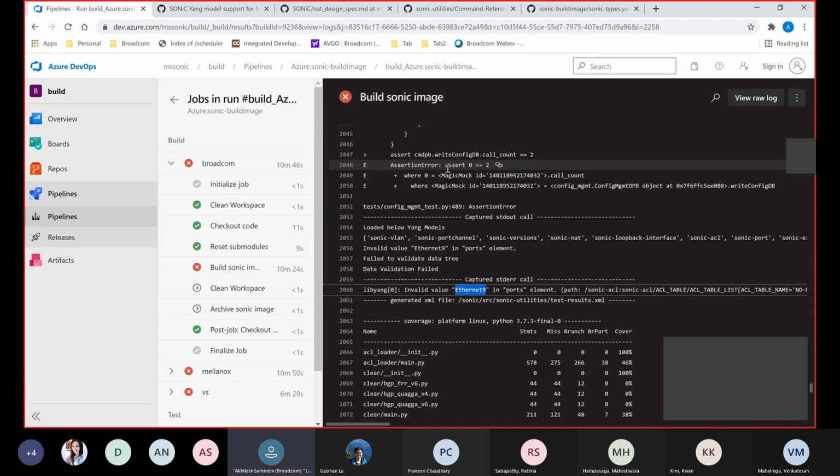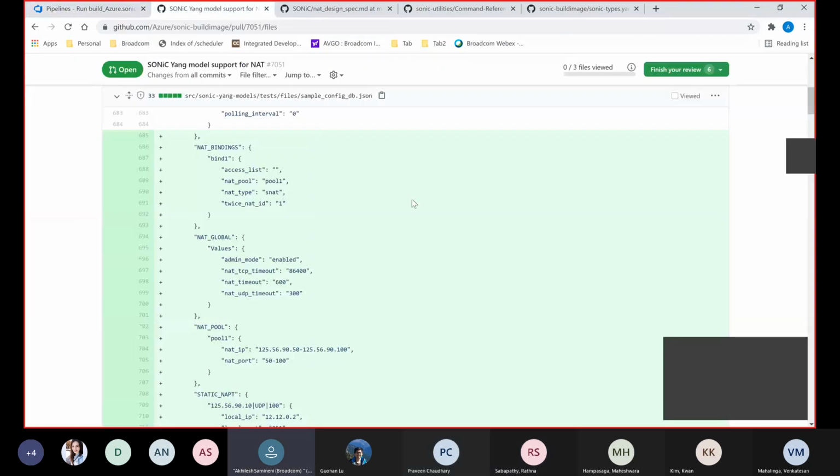If this PR hasn't updated the Sonic utility, then it's using the Sonic utility commit from the current master. So it will be the commit ID which is there on the super repo, not the entire code. Correct. Okay, I'll have a look. Maybe it happened due to something else. Yeah, this doesn't look related as such. That's it from my side. I will incorporate all the review comments in a couple of days.